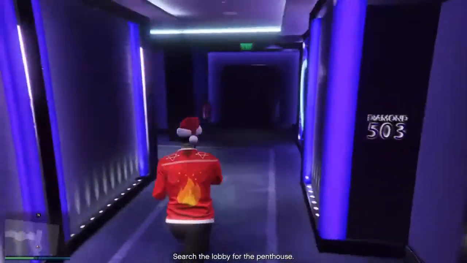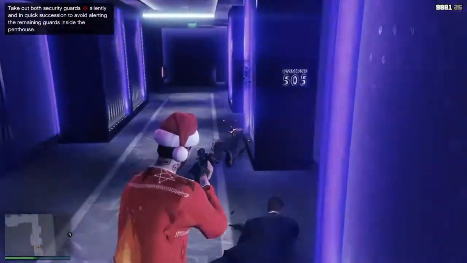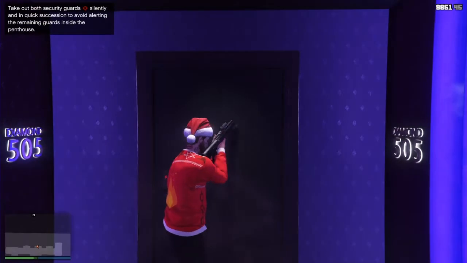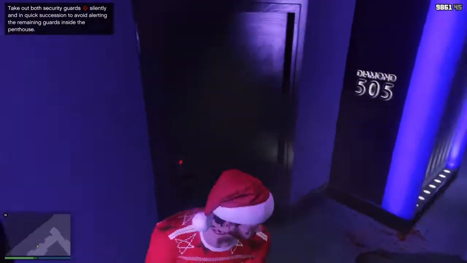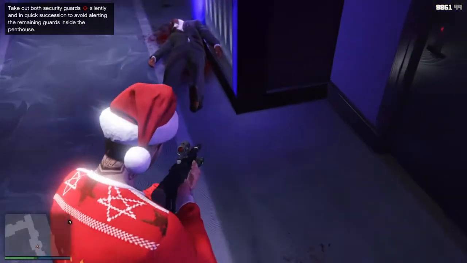The safe codes mission's pretty easy. It has you go into the casino and then you have to go to the penthouse and just kind of bust into a party that's going on. The goal is just to kill the target and then you take the codes off of them. The mission tells you to go stealthy, and if you take out the guards outside that you saw me just shoot,